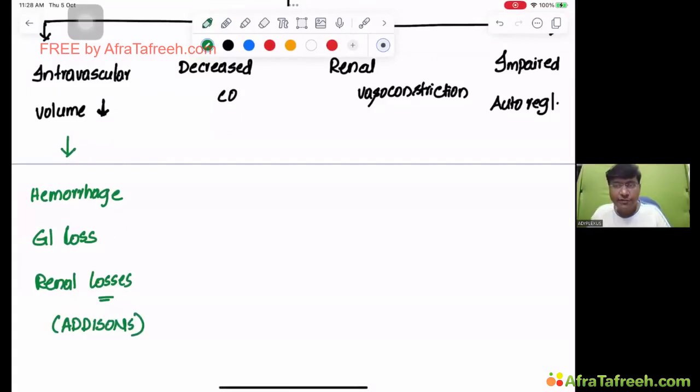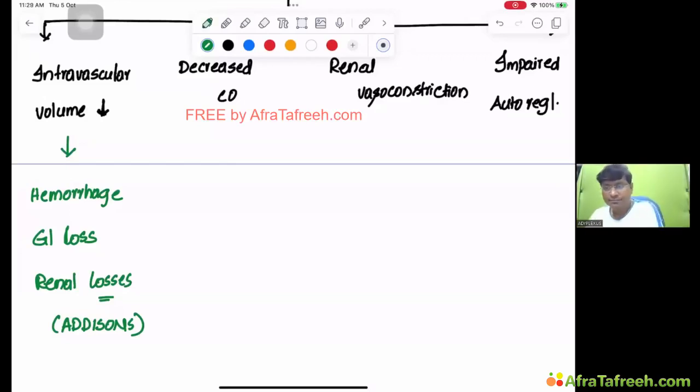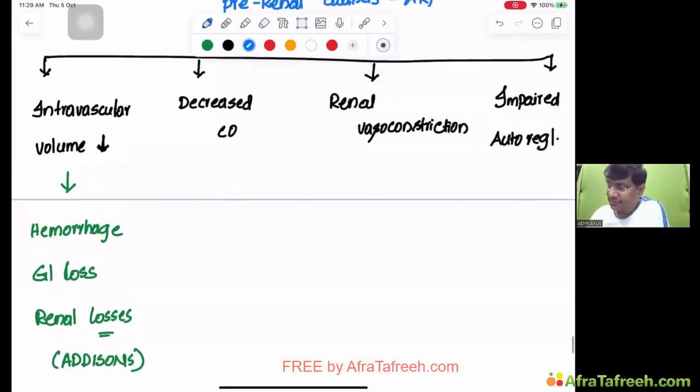Vinita, can you tell me which hormone deficiency will cause the renal loss in Addison's? Which hormone deficiency will cause the renal loss in Addison's? Any one of you? Very good. That is your aldosterone deficiency. Then you take